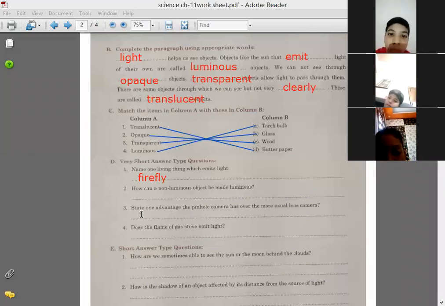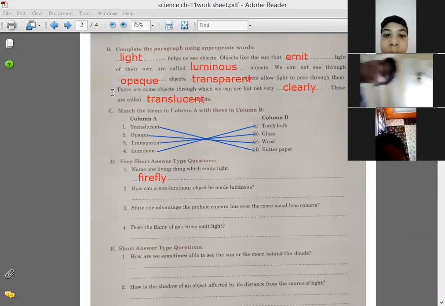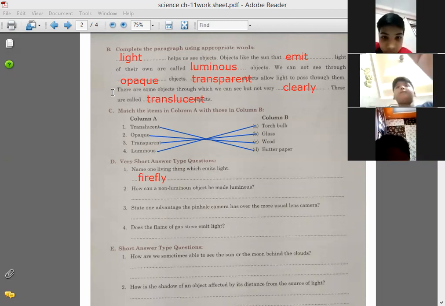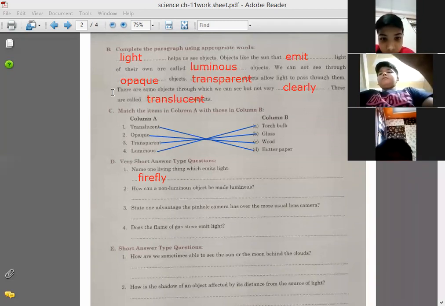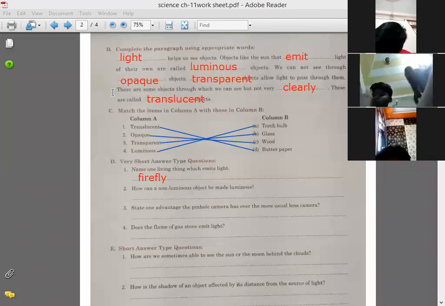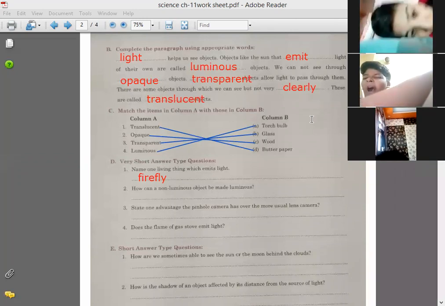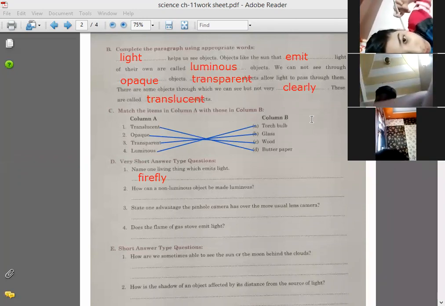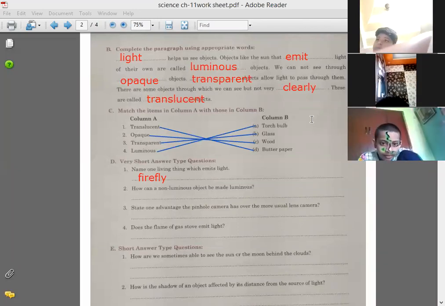Number 3, state one advantage the pinhole camera has over the more useful lens cameras. Ma'am, a pinhole camera or other small opening can focus light coming from any distance. Okay, anybody else? These cameras do not require a lens. Yes.